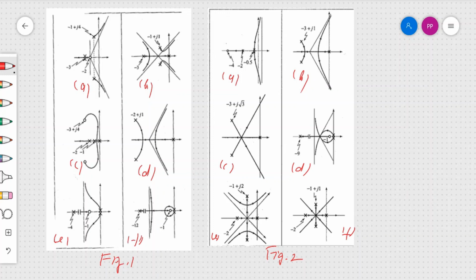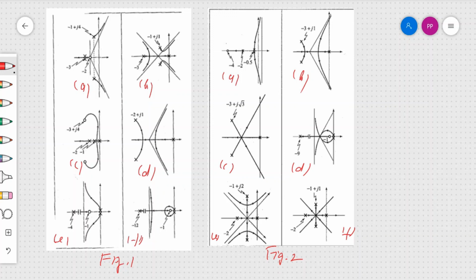Similarly, another example I am sharing with you, that is the figure D, where I have a pole at the origin and a complex pole pair at minus 1 plus j1. So for this example you should be clear with the pattern of the root locus, because in the exam there are situations like we have drawn, as in example figure 1e. We see that the imaginary axis is not crossed, but there is a tangent to the pole pair at the origin. So the root locus should be of this pattern. You have to be careful about that.